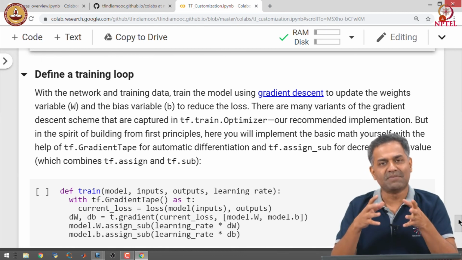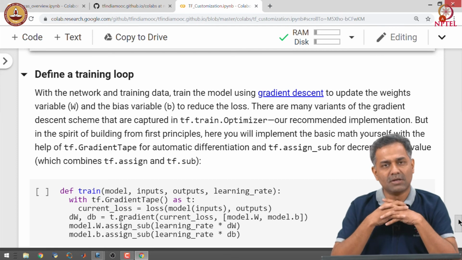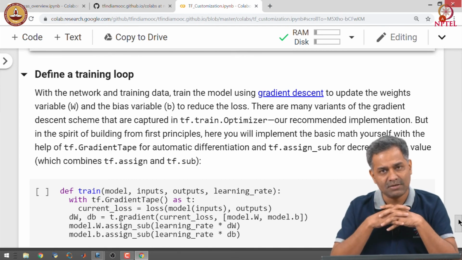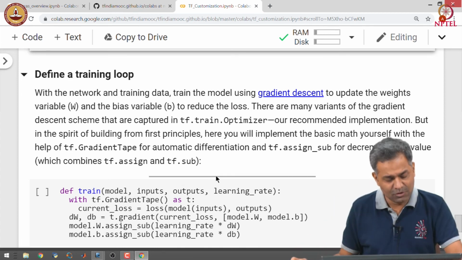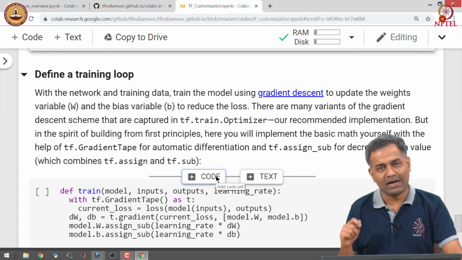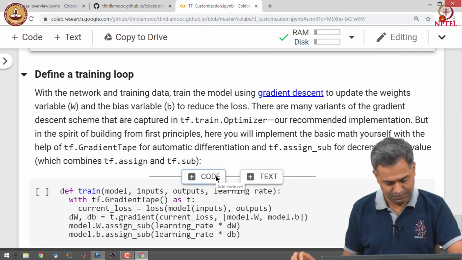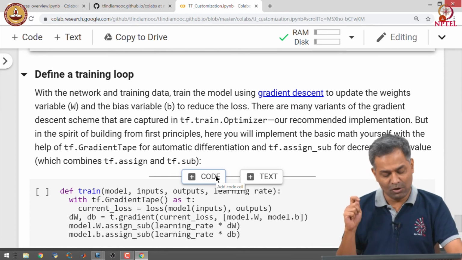Gradient descent itself is available in the standard Keras package, but here we want to train the model from first principles. So, we will be using gradient tape to calculate the derivative of the loss function with respect to the input variables. Let us see how we do that.